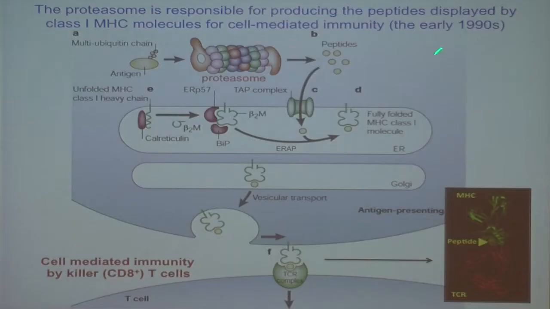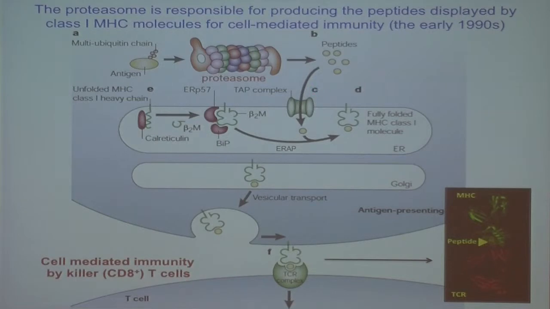However, the mechanism of presentation was unknown. In 1990, the TAP transporter was found by four groups of United States and European immunologists. They found that cytosolic peptides are transferred by this peptide transporter and associated with class 1 molecules. So people, mainly immunologists, believed the antigenic peptides are produced in the cytosol.